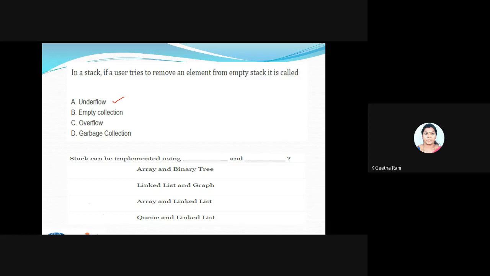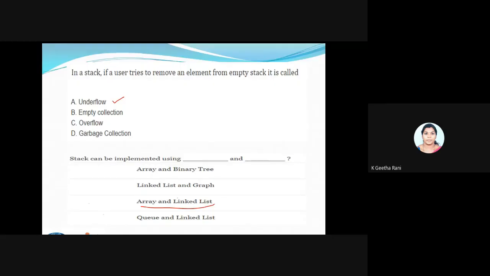I got the answer array and binary tree. No, it's a wrong answer. Come on, think for a while. Yeah, I got many answers. So the option is going to be C. I'm going to implement the stack only using my array and linked list.